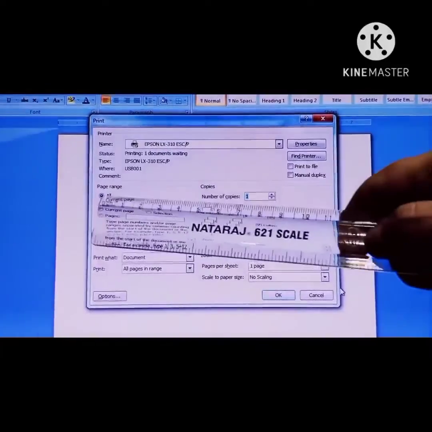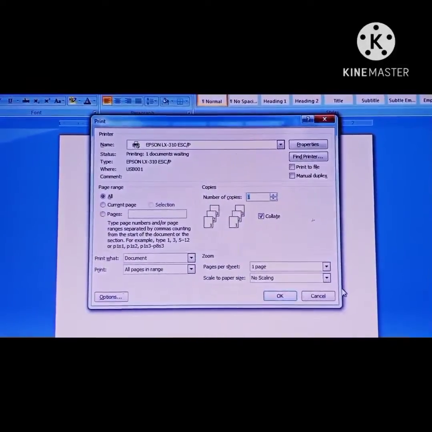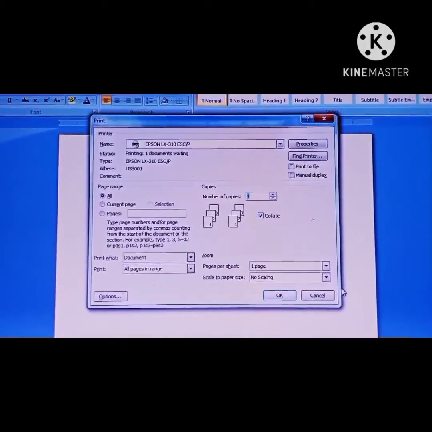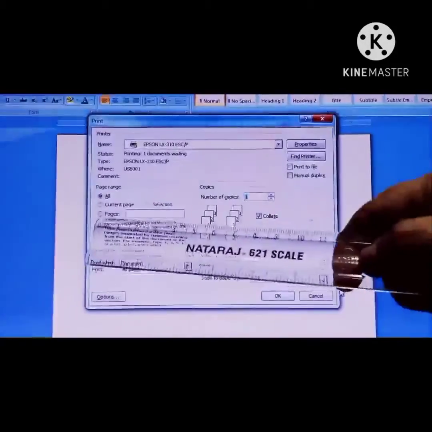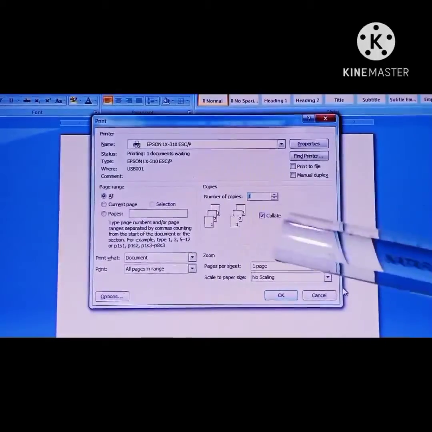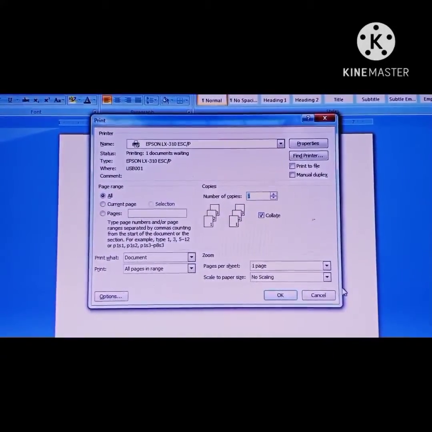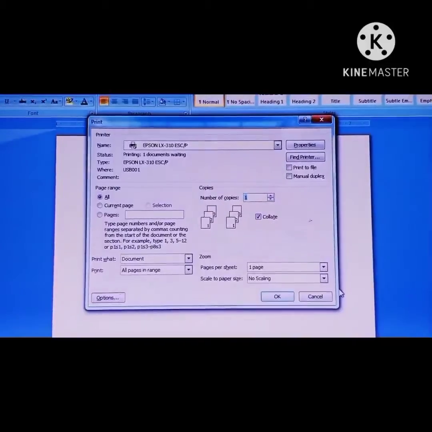You have to define it; click on All. And if you want only, suppose, 2 or 3 pages to be printed, then click on Pages and define the numbers here. After completing this procedure, click on the OK button. Your document will be printed.